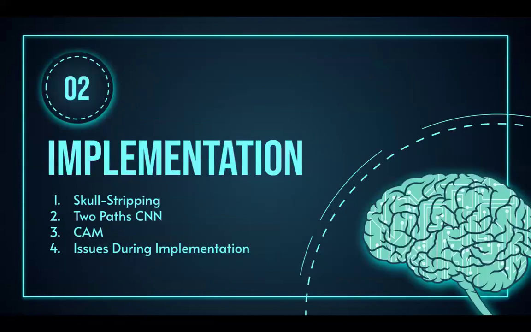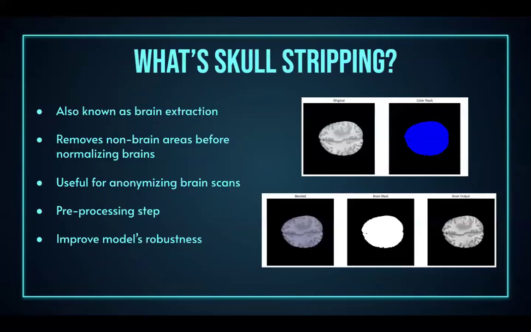Next, we wanted to talk about our implementation, the things we did and the issues that we faced. We implemented the skull stripping, two-path CNN, and CAM, and this is what skull stripping is. Moving on to our first step, which is skull stripping. So basically, it's also known as the brain extraction, where it removes non-brain areas before normalizing the brain. It's also useful for anonymizing the brain scans, and it's a pre-processing step, of course, and it improves the model's